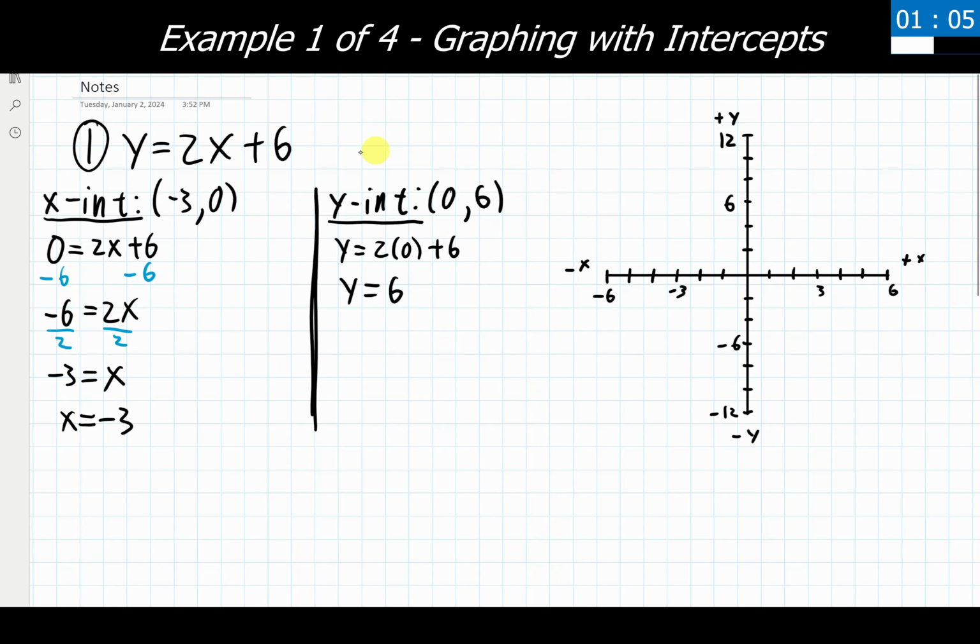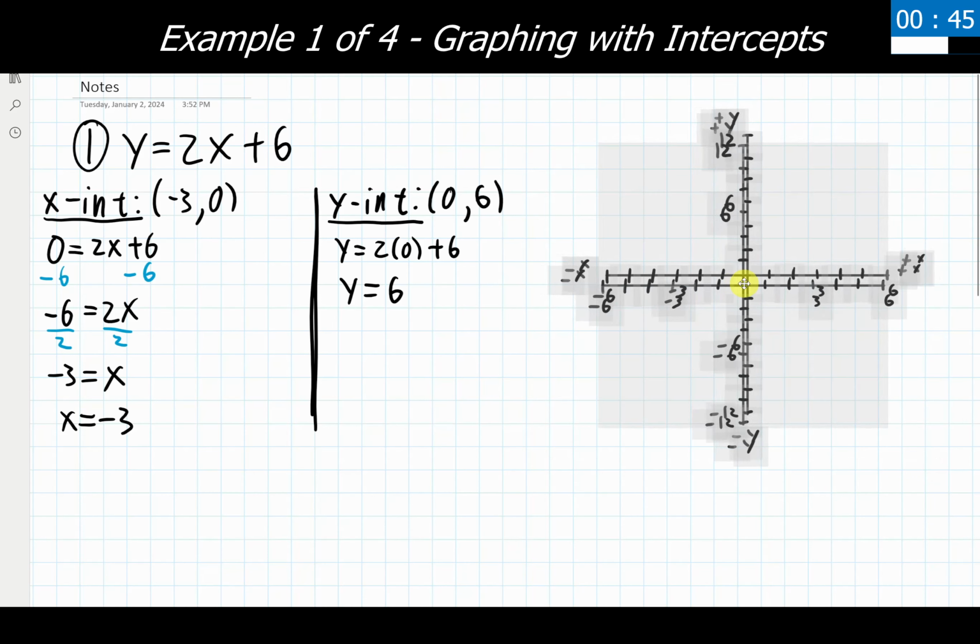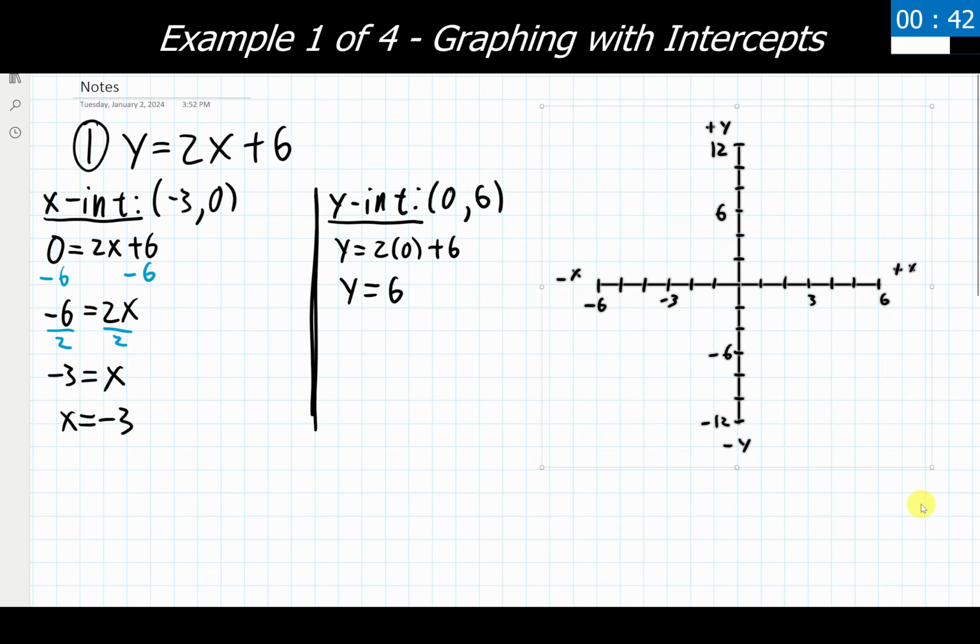Fantastic. So now we have our 2 points, negative 3, 0, and 0, 6. So I can go ahead and plot those on the graph that's been given to me. Now I did already go through and get this set up for myself ahead of time. Actually, let's see if we can get this locked in on a specific part here. There we go, it was slightly off the numbers there, so now we're good to go. Let's go ahead and graph this thing. So I want to plot the point negative 3, 0. From the origin, negative 3, 0, it's going to be right here.